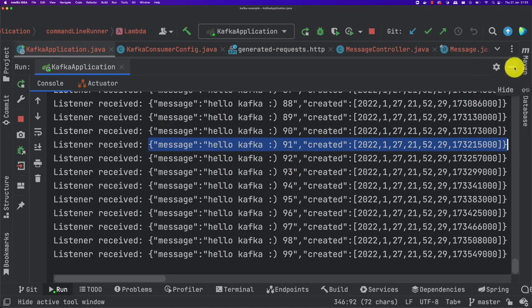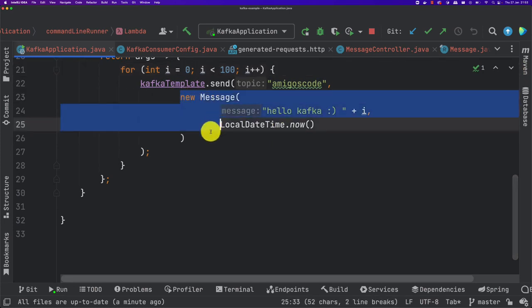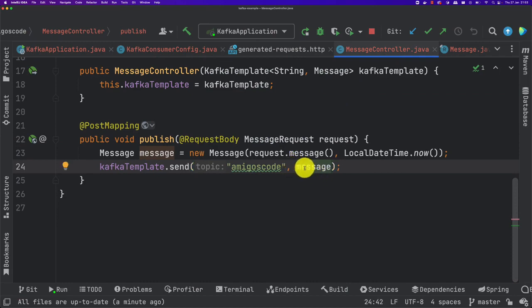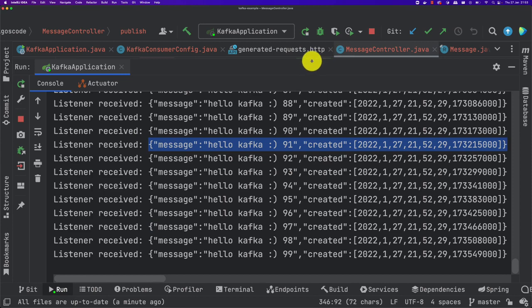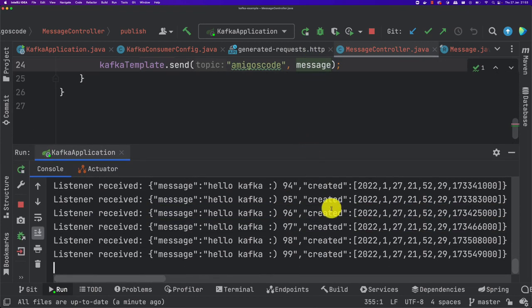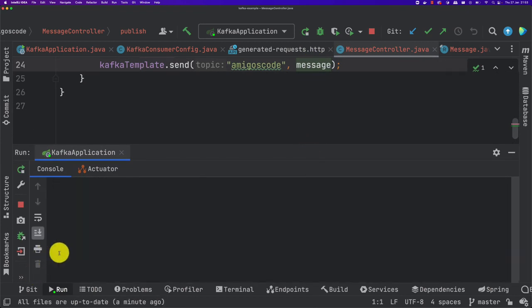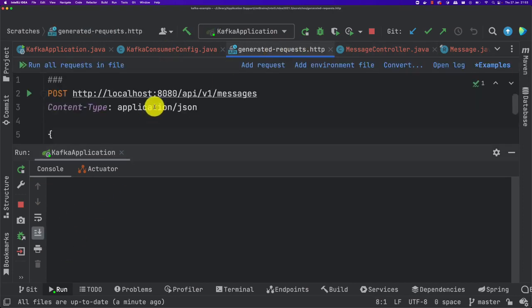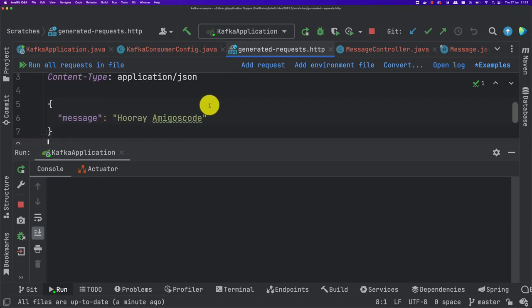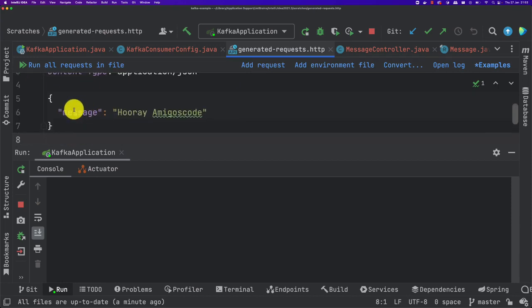So our producer is sending a message, and also the controller is sending this message, which is an object. If I open up run, and let me just put this a bit smaller, go to the top and just delete all of that and open up my HTTP client, and let's run this request right here. HTTP localhost API v1 messages, and this is the payload. Have a look. This is the payload, which is the entire object. If I say run,